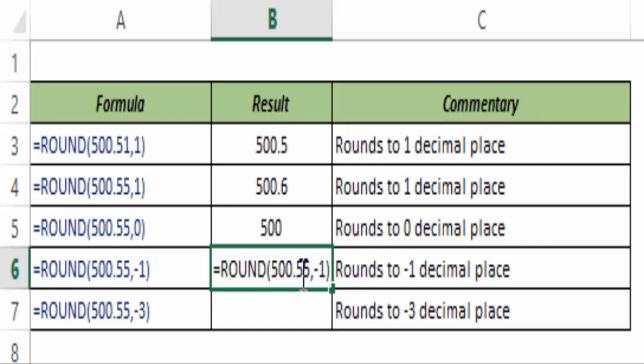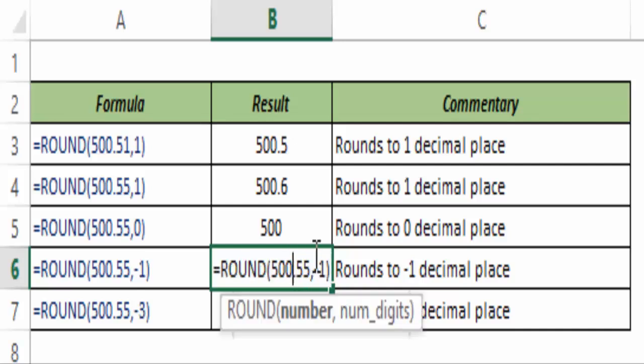So now when you say round it off to decimal place -1, based on the decimal value, it would give you the number. In this case, let me hit Control Enter, and this gives you 500. The reason being that this number 0.55 is not greater than 5. Had this been greater than 5, it would have returned 510.